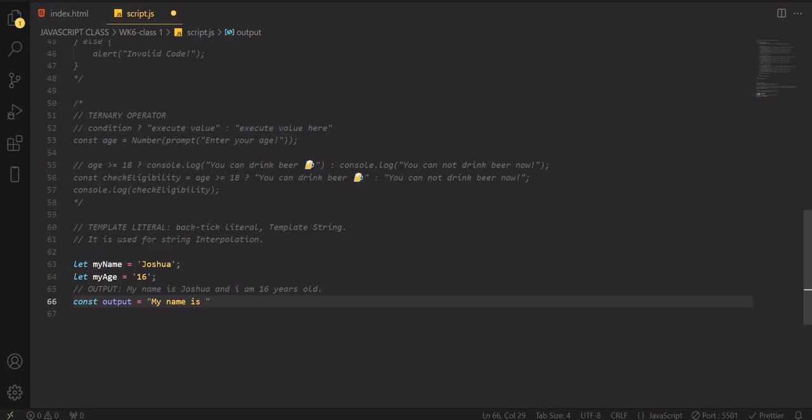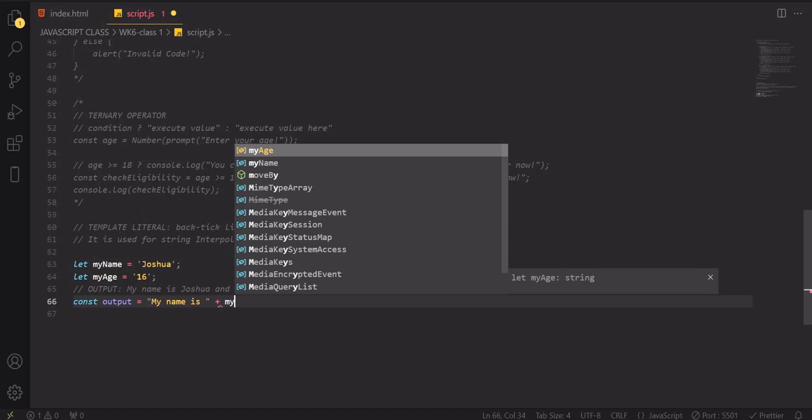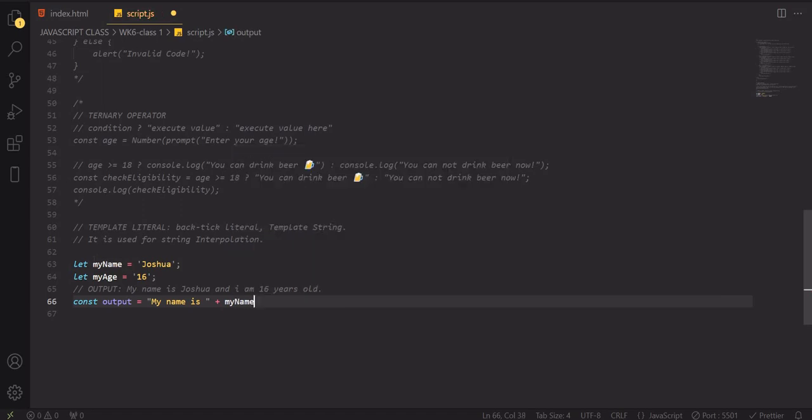So for me to have Joshua in my sentence, I have to reference the variable. And to do that using just a quote, I have to use plus, then my name. Then another string, a space, and I am, then plus my age. Then plus, a string, a space, years old. Can you see how stressful it is? So if I console.log the output,